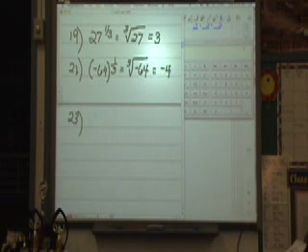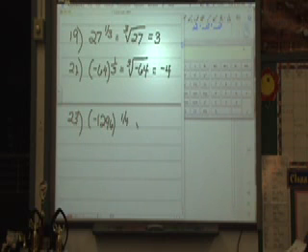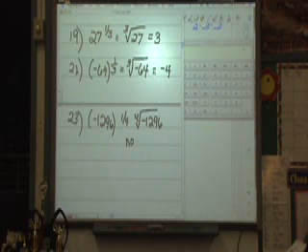23. Negative 1,296 to the 1/4 power. So that means the 4th root of negative 1,296. Well, that's a negative number taken to an even root. So you're saying something 4 times multiplied together is going to come out negative, which is impossible. So there's no solution. An even root of a negative number cannot happen